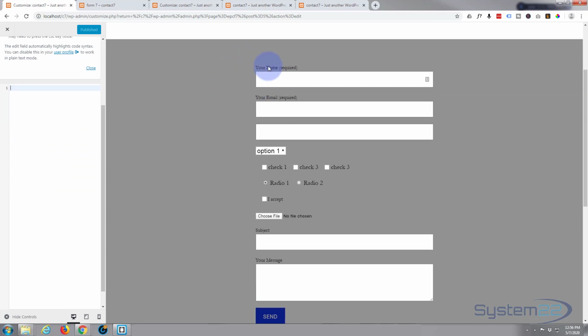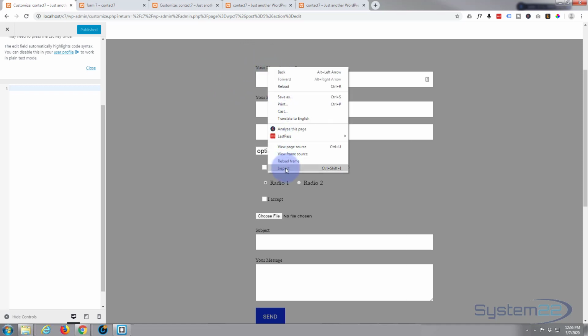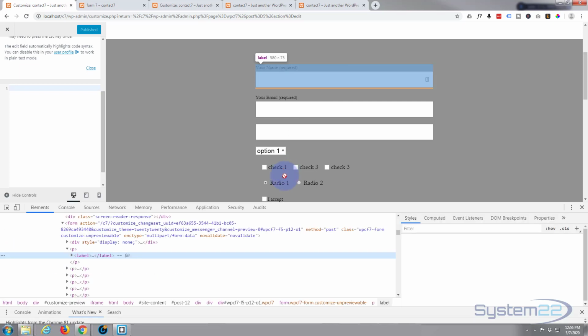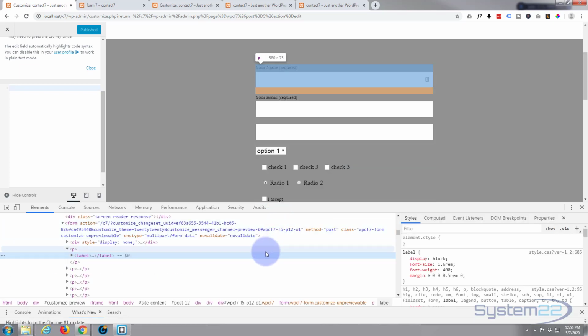And what you want to do is select whichever element you want to edit. Let's start with these titles, the labels here. I'm right clicking on them. I'm going to hit inspect. I'm using Google Chrome here with the fantastic inspector tools,